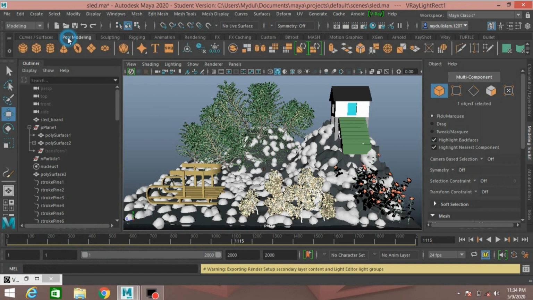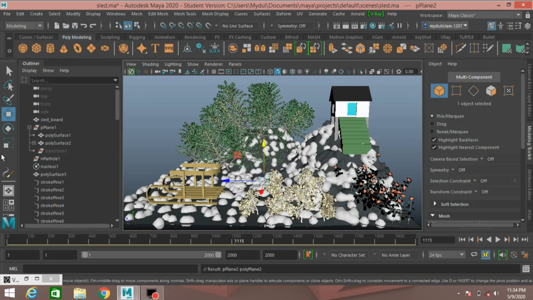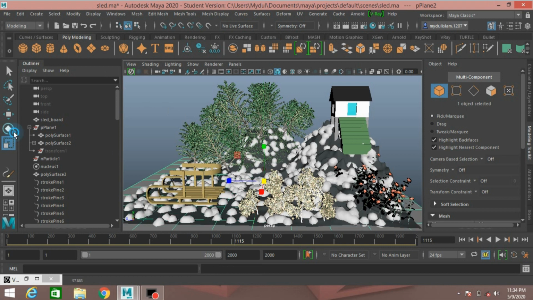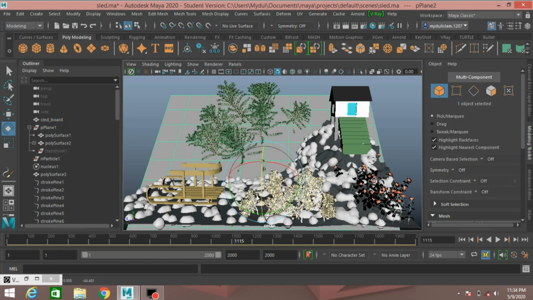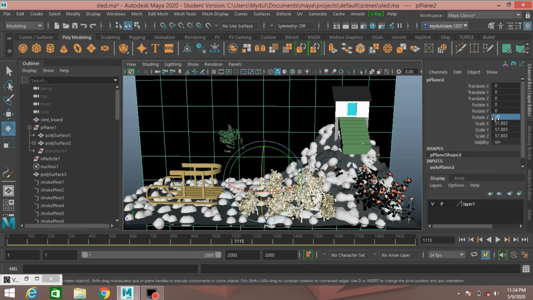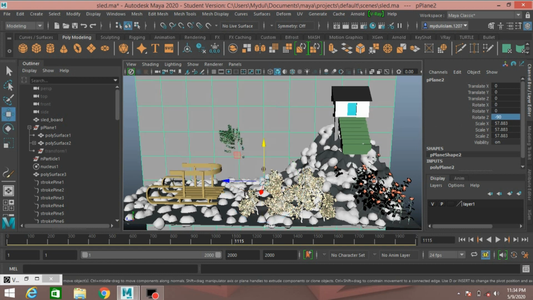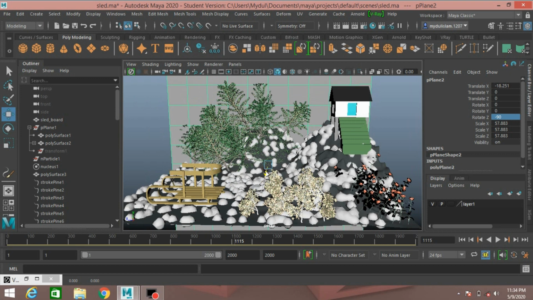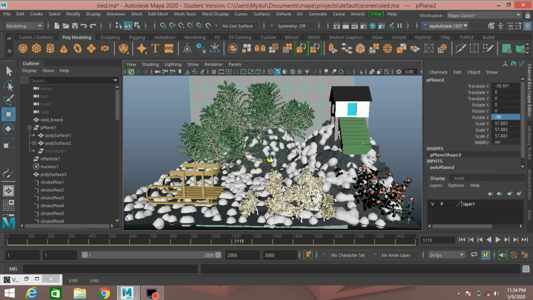If I take a polygon plane and scale it just like this and rotate it 90 degrees or -90 and move it back here and also scale just like this.